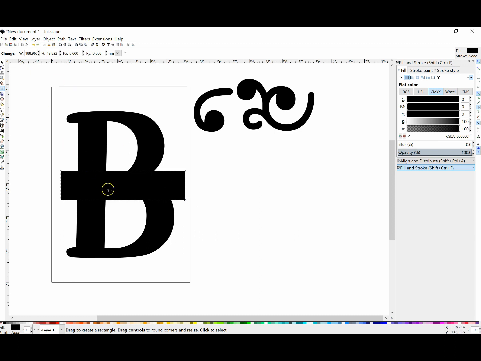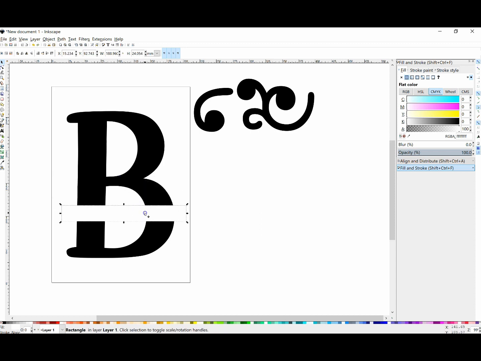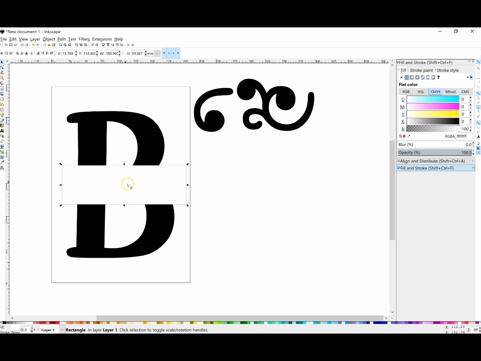Now, so that I can really visualize what this is going to look like, I'm going to make my rectangle white. This is going to help me see what my B looks like once it's split up. This helps depending on the letter. So if you want to make it skinnier, or if you want to make this down here, it's totally up to you however you want to make it look. But if you turn it to white, it just gives you a preview image of what it's going to look like once it's split up.